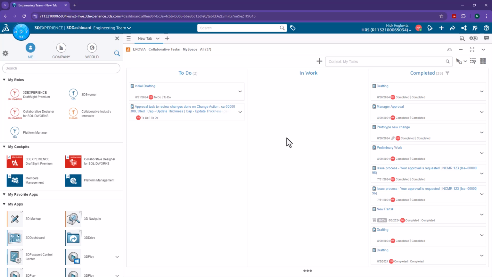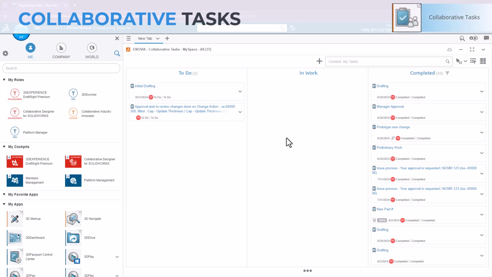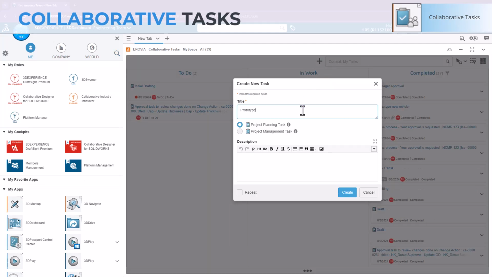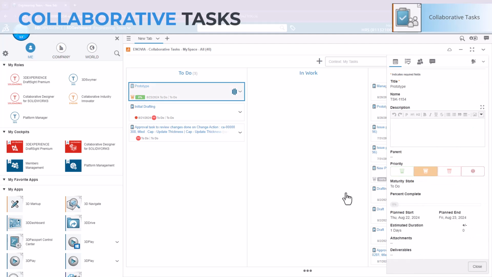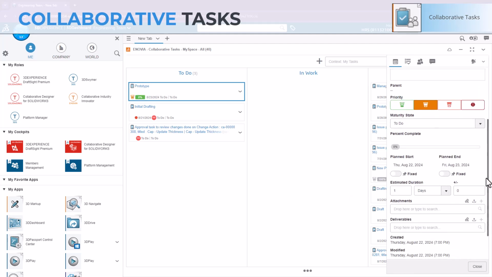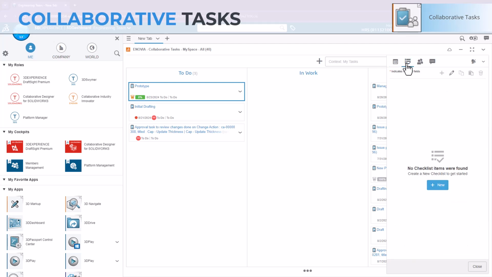Now, I'm going to sidetrack for a second and talk about this app. It's a to-do list that can connect to the other apps on the platform. So, for example, an approval request will show up like this. This can also be useful for managers looking to delegate work by manually creating tasks, which can include a priority, due dates, and attachments, such as CAD files or even change actions or issues. It can include a basic checklist,